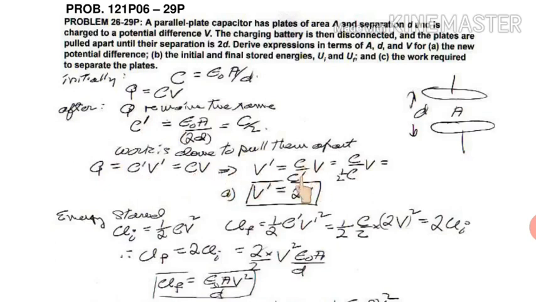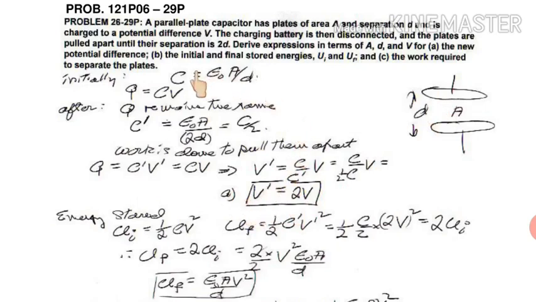Okay, now what is C upon C dash? Or we can do one more thing, that in place of C dash, what we can write? C by 2, which we have already written. So in place of C dash, we will write C by 2. This C and C will get cancelled and this 2 will go in numerator. So finally what we will have? V dash is equals to 2 into V. It means the new potential difference will be twice of the previous potential difference if we make these kind of changes. Okay, this was the first part of the question.